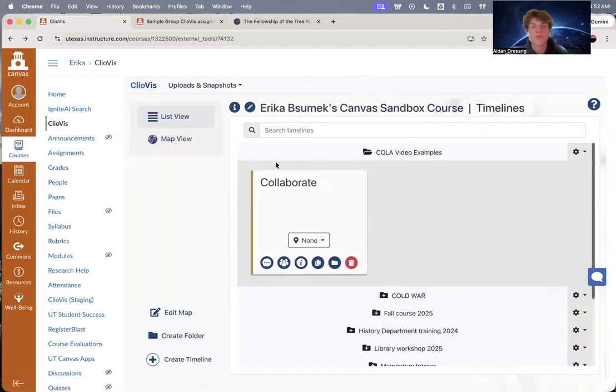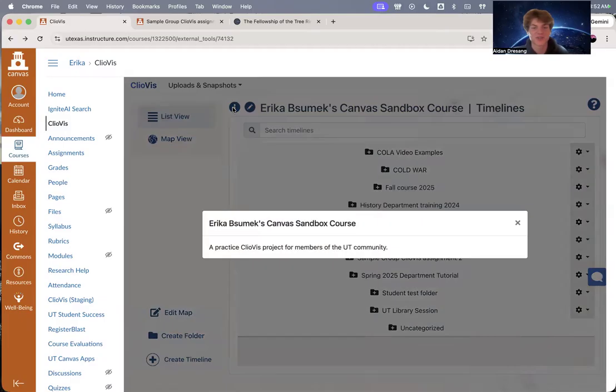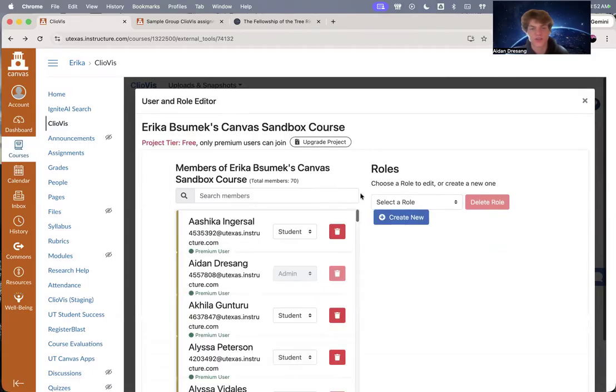Great. So now I'm going to show you, if you are an administrator or the teacher of this course and you want to be able to change what your students have access to, and what these different roles mean. So what does that mean? Well, let's make sense of that. If I go up here to project description, edit project, and click edit users, I can change the permissions that